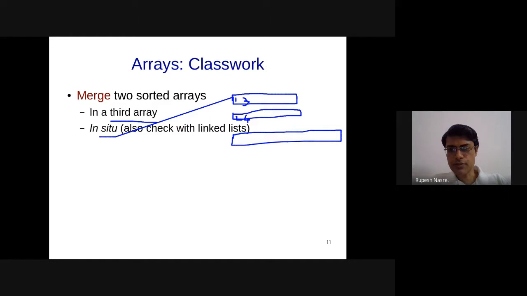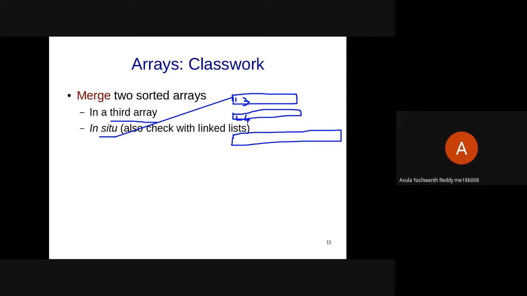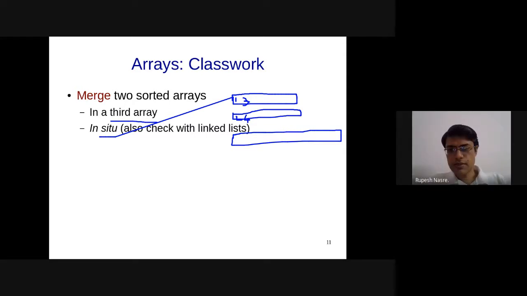C of this one, okay. i less than A.size, j less than B.size. If A of i is less than B of j, then I copy A of i to C. Otherwise, I copy B of j, that is correct. And in the end, I go on copying all the remaining elements from A as well as from B, right? Whichever is remaining. So that seems to be correct.